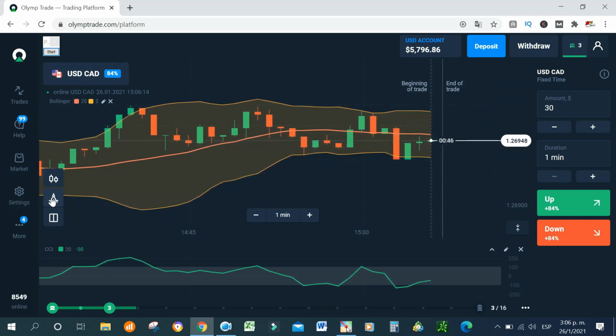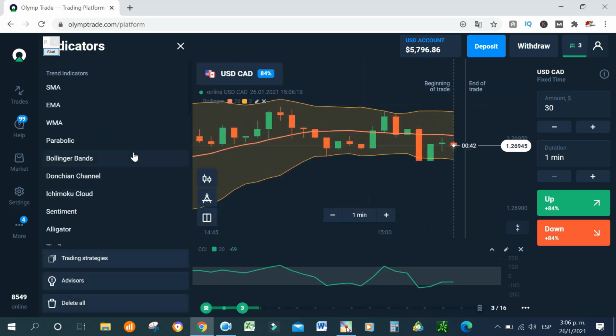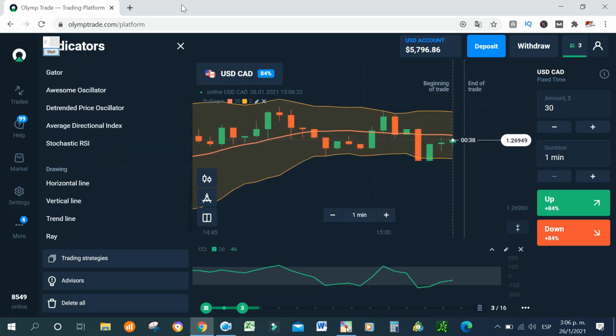But remember, we have this icon here. If you click on it, you will find all the indicators over here. If you scroll down,